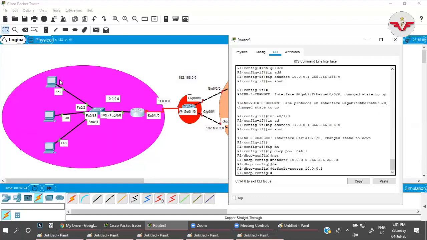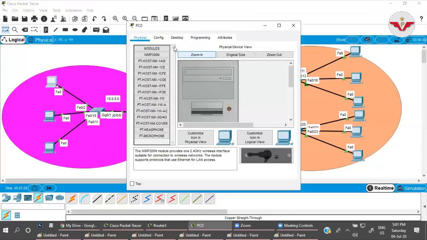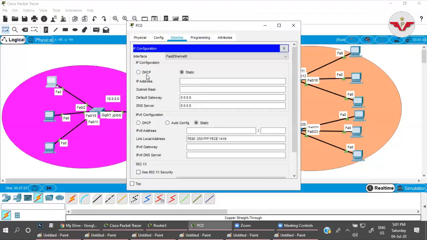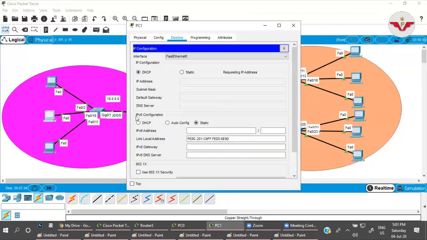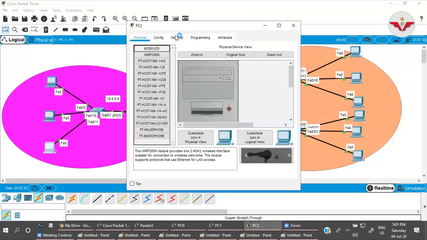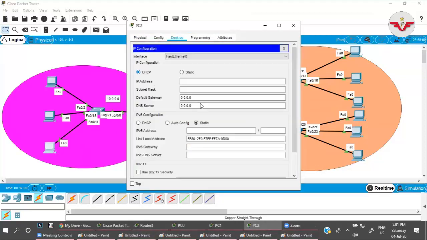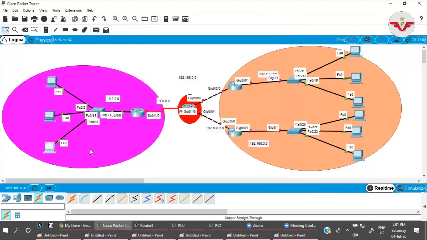Okay, that's it. Let us check whether I'm getting the IP or not. Done. So now this part is configured.